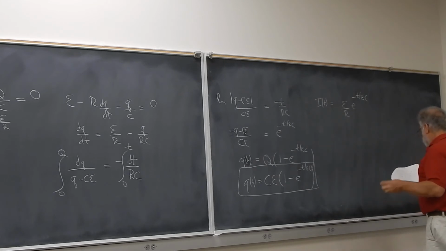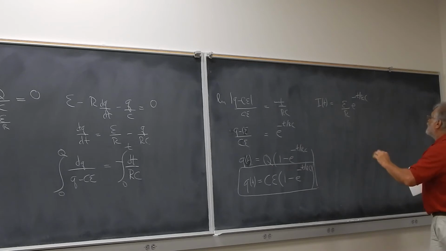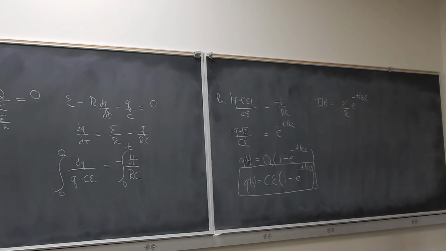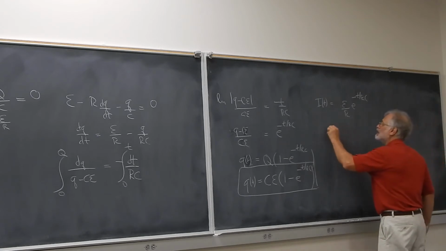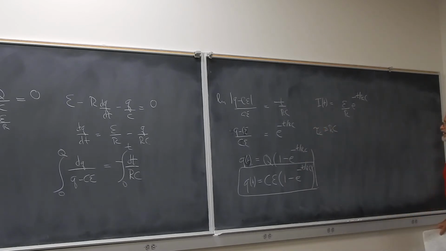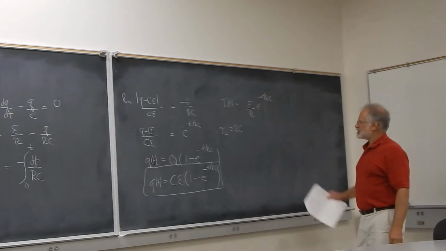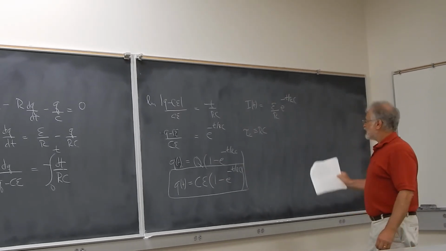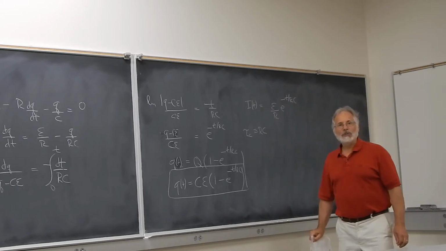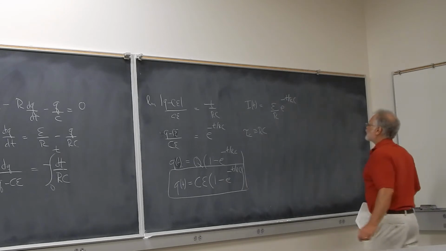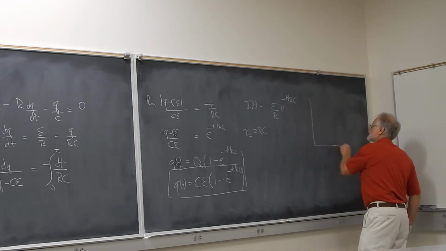And so these are the two expressions. We often call RC, we define that by a tau sub c. This is called the capacitive time constant. It's just the product of R times C. And as you can see, it's kind of interesting, but if I take the product of ohms and farads, I get seconds. And if I were to plot the charging capacitor,